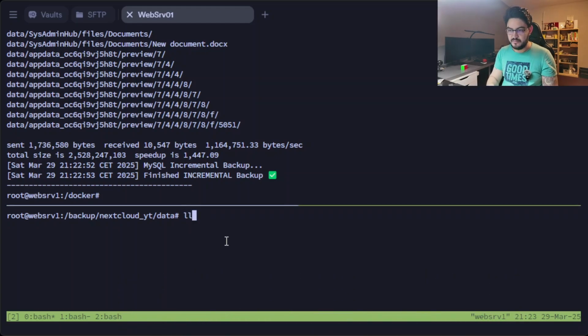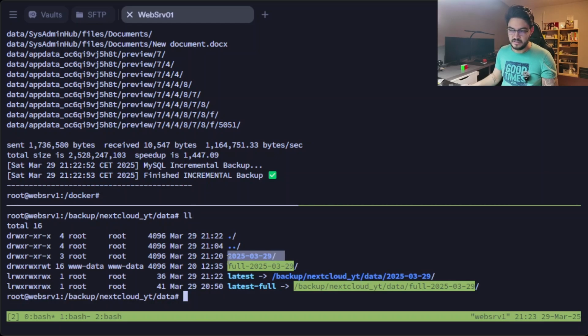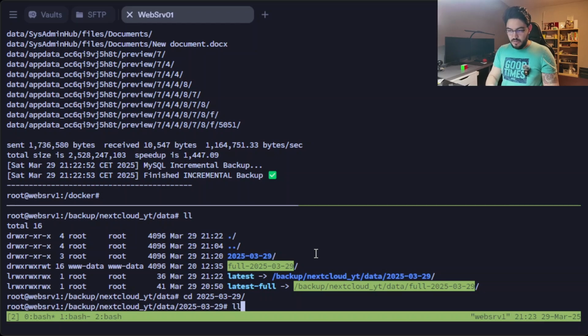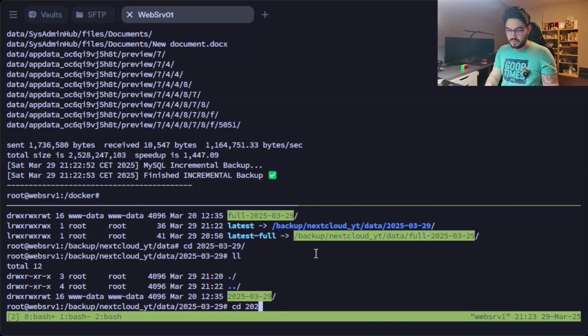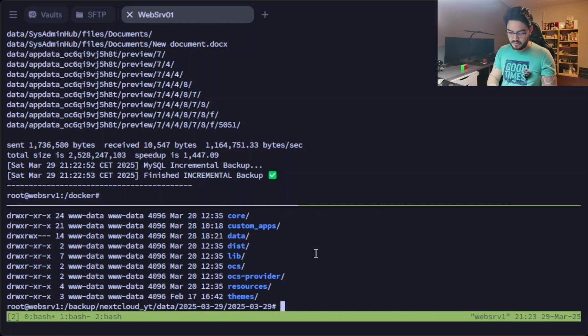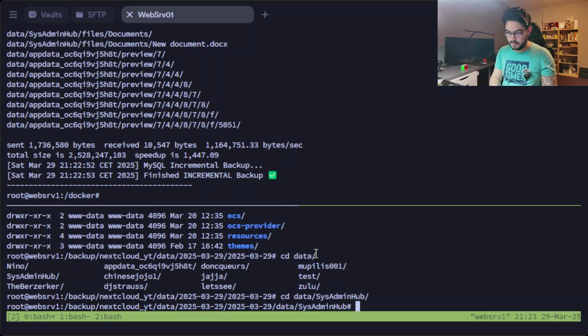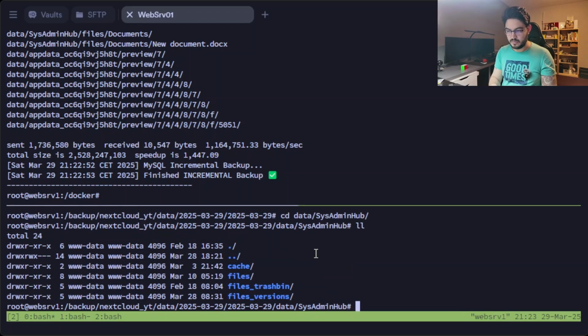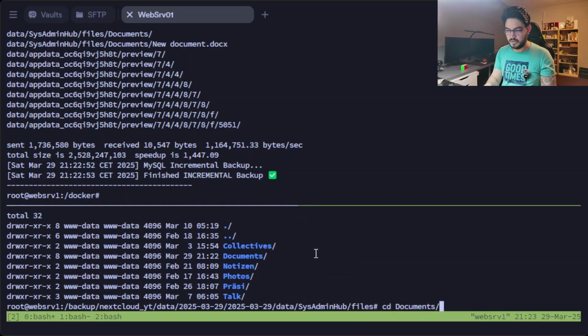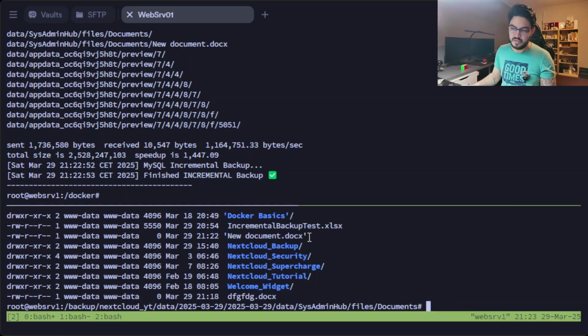And then if you go in here, now we have this folder here. We can change into that. What's in here? The same one again. And in here we have our data. I think mine is called capital S. And in here we can go into files. It should be in documents. And in here is the new document that we just created,